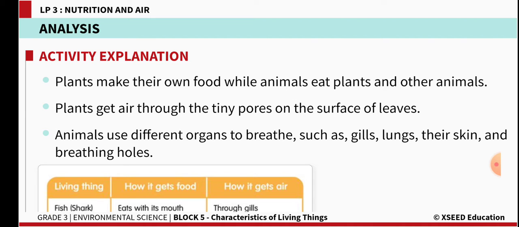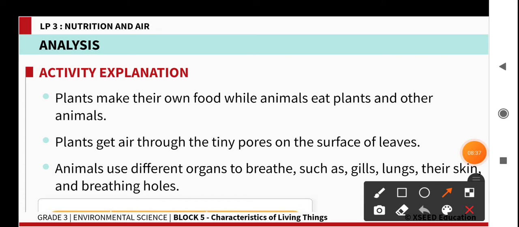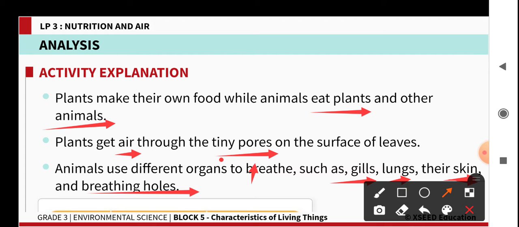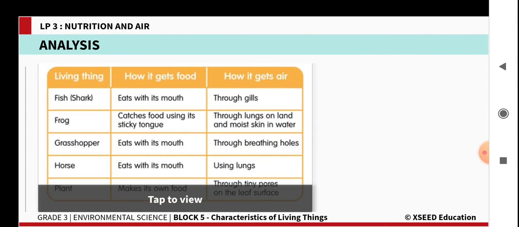As we discussed just now, they are using their different organs to obtain their food. Some animals may eat plants, some animals may eat animals, and plants take the air by some tiny pores which are present on the leaves, and animals use different organs for breathing, such as fishes use gills, and human beings and other mammals use lungs and the skin. Frog also uses skin for breathing, and some insects use holes, like grasshopper, they use the holes present on